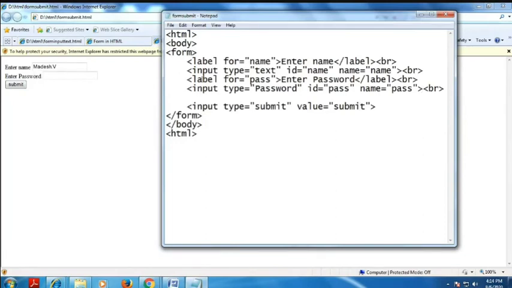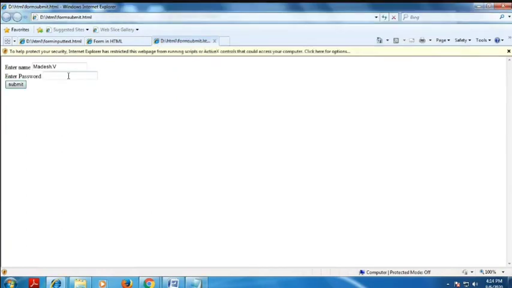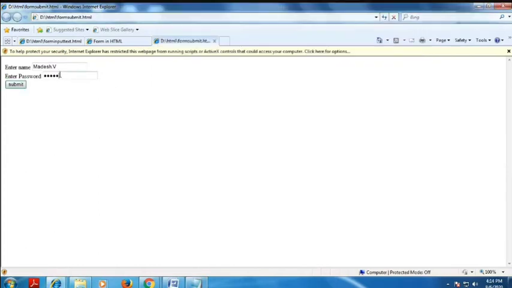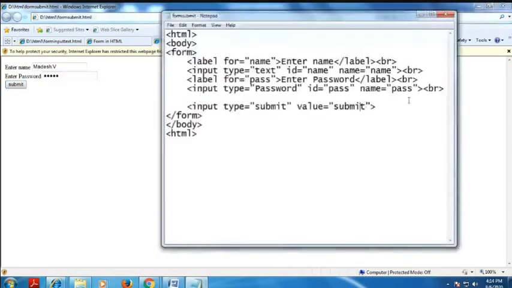Second, I have to create the label as password. Enter password. I have to put the password characters. Type this. If you want any symbols, you mention that symbol also. Here I have to mention some IDs, pass is converted to hiding. If you type any value, any characters or any symbols and any other data, it is converted, but it is hidden from the front of the end user. So this is the meaning of password.